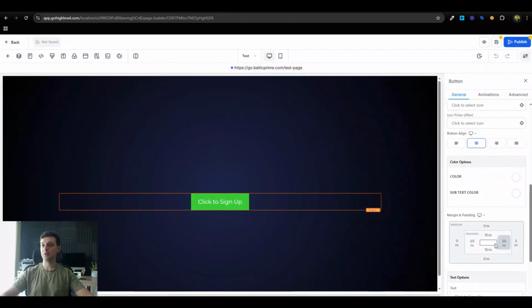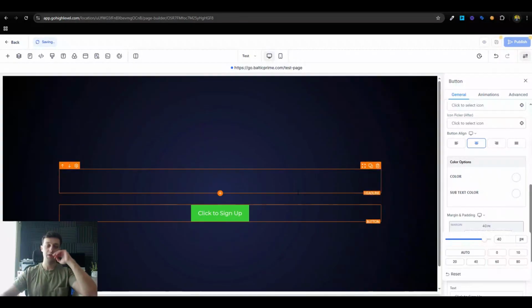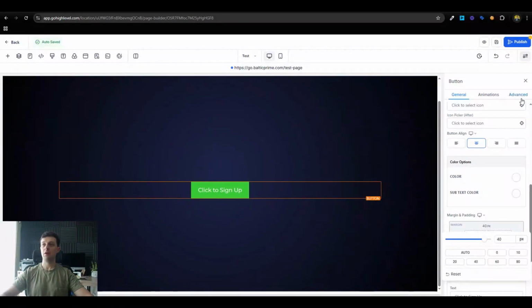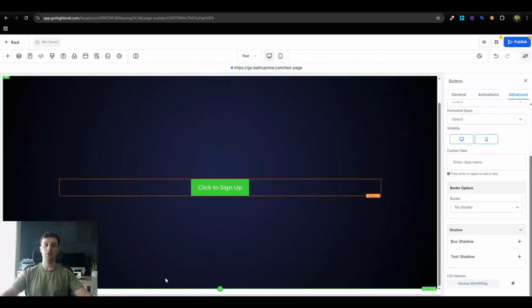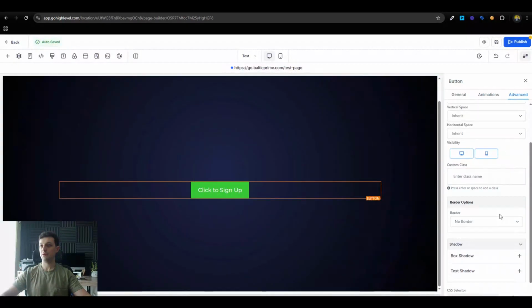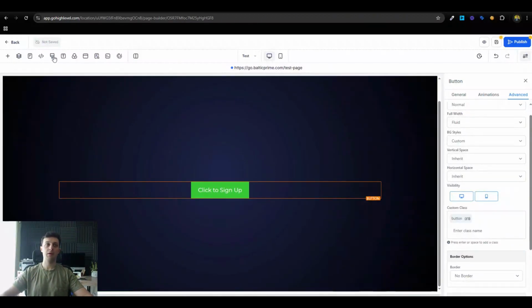Okay, and I'm gonna add 40 top margin so that it's clearly separated from my headline, and I have some breathing space. And the class, right here it's just button. So I called my button, so what is it? Advanced, custom class, and it's gonna be button. Okay, and now custom CSS,